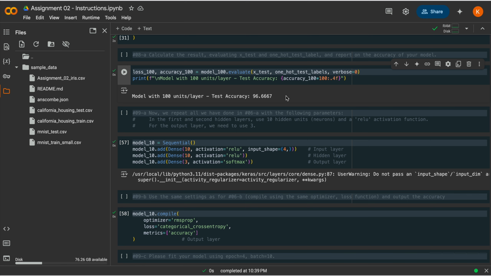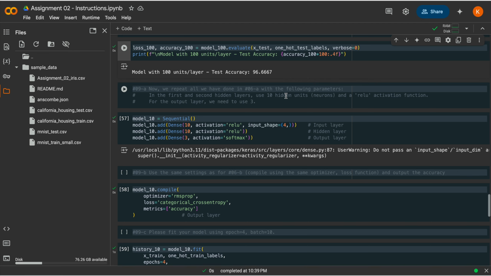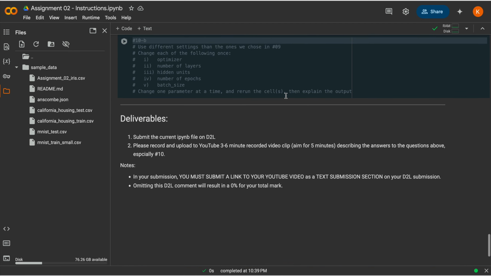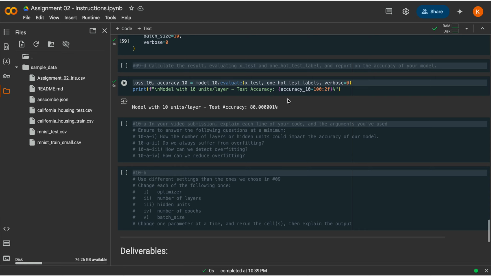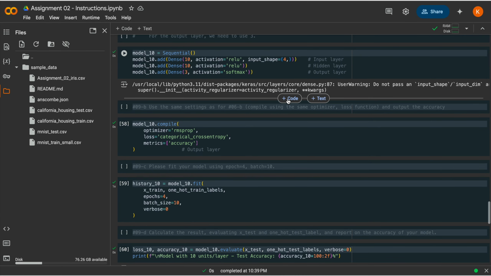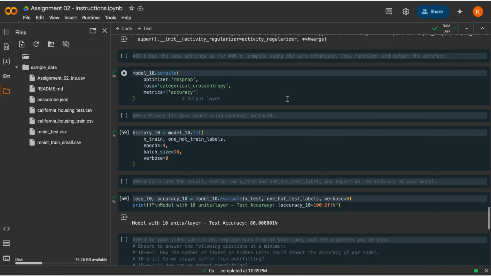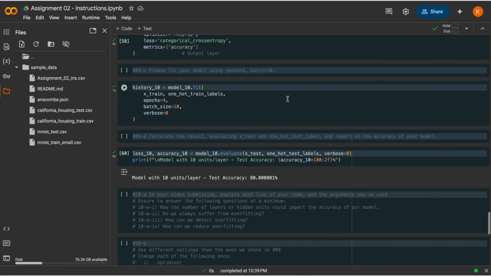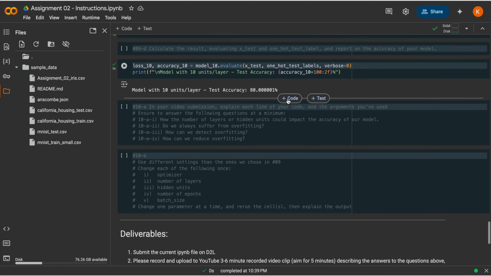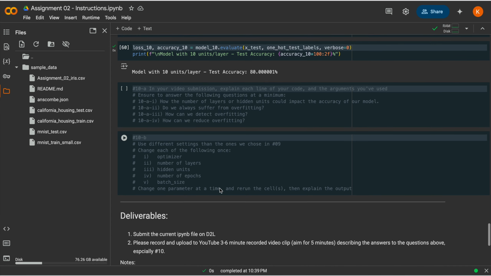If we plot loss curves, and the training loss keeps decreasing but the validation loss starts increasing, it indicates overfitting. We can also check the test set performance as well, right? There are a bunch of ways to check it. So how can we reduce it? To reduce it, it's pretty simple. Just increase the training data, and reduce model complexity, something like that. So for me, right? The question uses different settings that